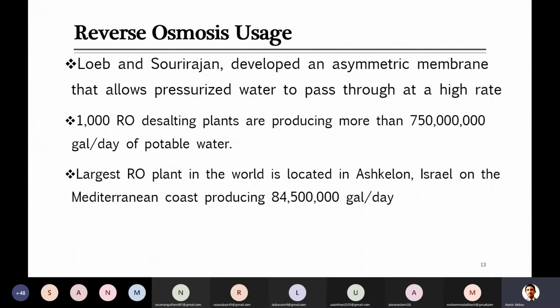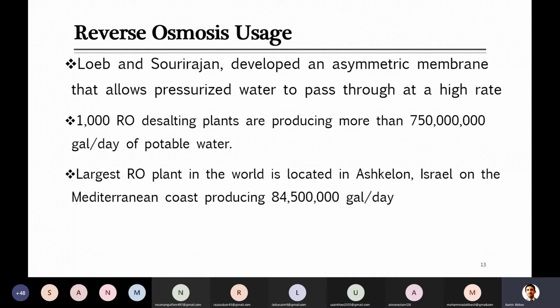So when you can sustain high pressure, then you can push water and it will just flow. Its flux will increase through the membrane. Yesterday you have seen the equation of the flux, and you know that that equation involves pressure. So if you can apply high pressure difference across the membrane, flux will definitely increase. And in an asymmetric membrane, you can go with the high pressure only if you are looking at the thin film of the membrane that can't sustain that high pressure.